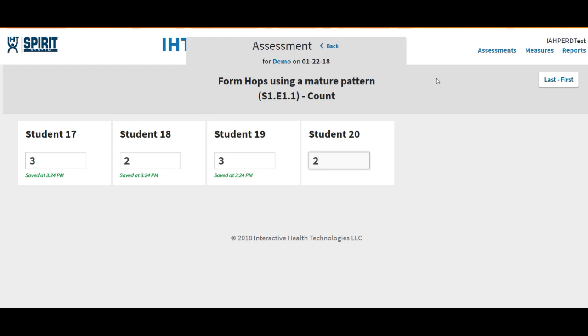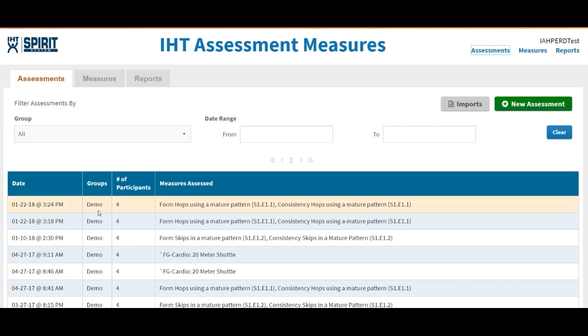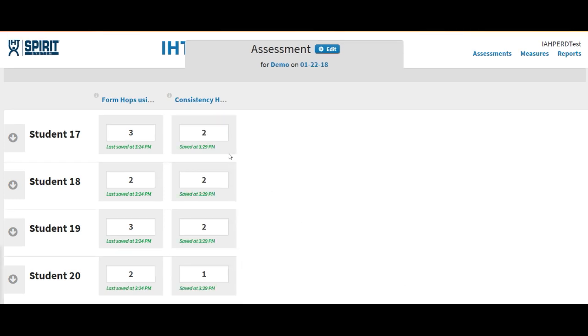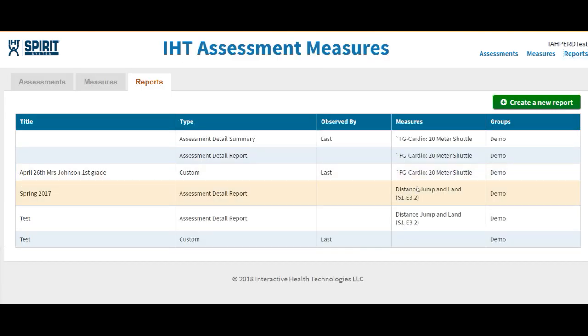After I'm done with that class, then I simply click Assessments, and I can go back to that class at any time. And it will show me then who's been assessed, who has not been assessed, and what's left to be assessed. After you have the data collected for all of your students in that class period, click on Reports,